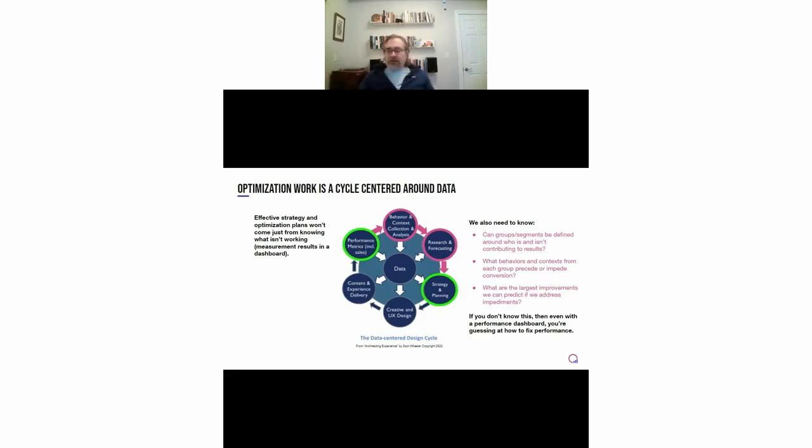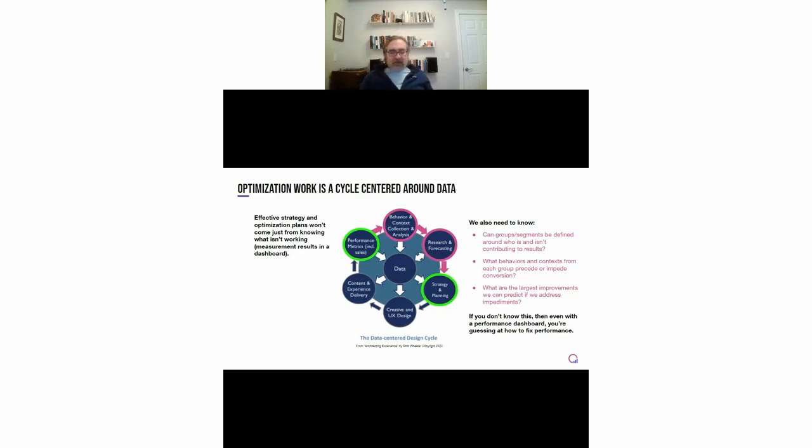And that leads to this last bullet. What are the largest improvements we can predict if we address these impediments, right? So that's telling us where would we start, right? Okay, well, if we see this always happening when people don't convert, if we can get rid of that, or we can move people past that, or we can present a different way of that, then great. We'll be able to forecast. Okay, this many people were exiting when we saw this correlated behavior, right? If we take away the thing that's driving that behavior, or we improve it, make it a motivator instead of a barrier, and 10% more of the people who have been ditching us at that stage don't,